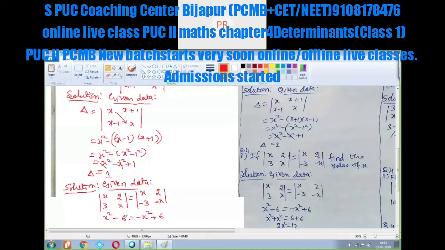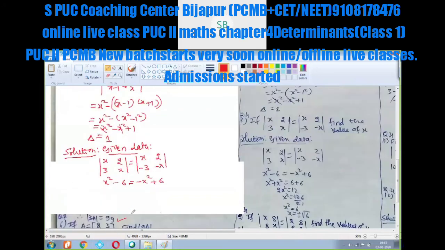Then you can shift that simplification. Here x square as it is, this minus x square, if we shift on this side, it is going to come out as a plus x square. Write it here: x square plus x square, that is a 6, you can write as it is. This 6 you can shift on this side, that is going to come out as plus 6. Okay, so this x square plus x square, that is 2x square, that is 6 plus 6, 12,